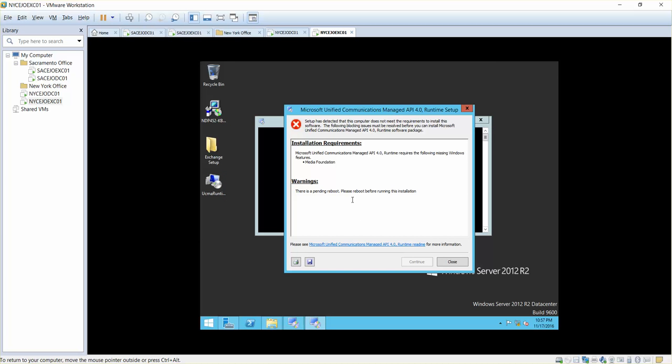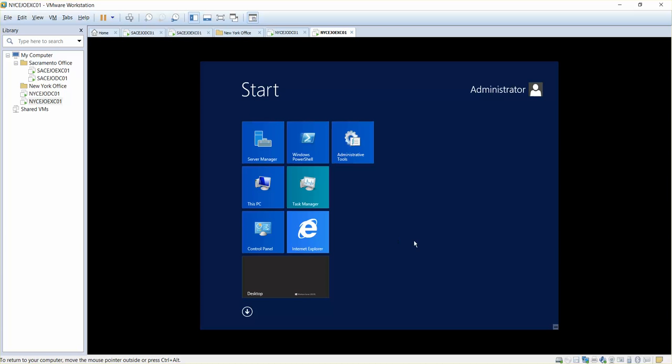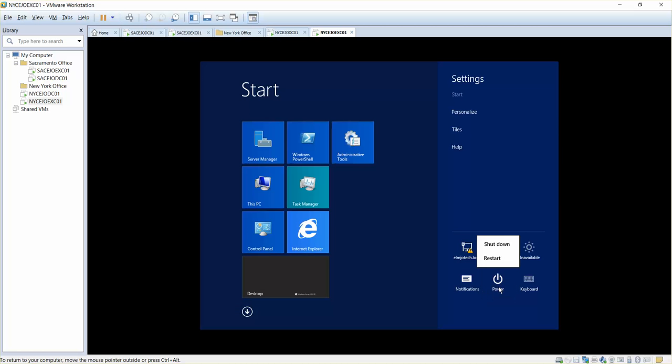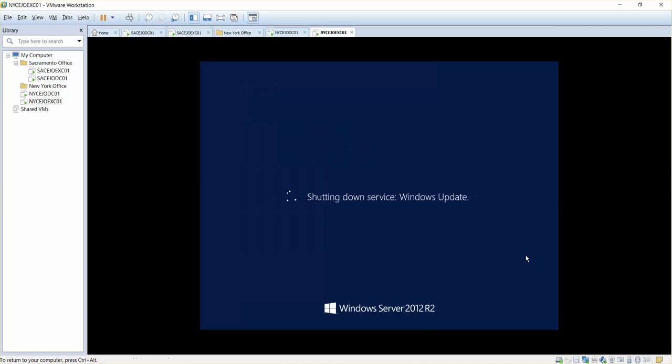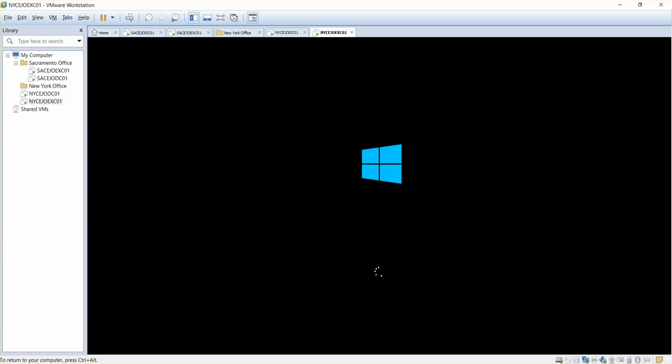And it says there is a pending reboot. So if you remember, when we installed our components, one of our components, .NET Framework 4.5.2, asked us to reboot. So some applications require you to reboot and some don't. And there are some applications, like you saw, that told us that before I install on your server, you have to reboot because there is a pending reboot. So we are just going to reboot, and once we are back on, we will do the installation of our